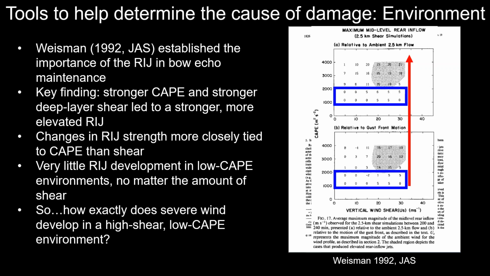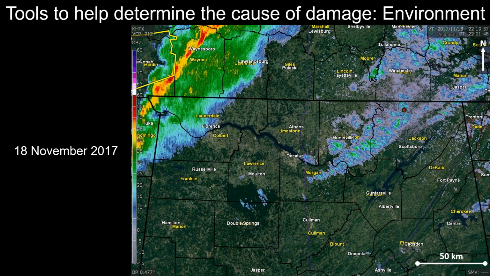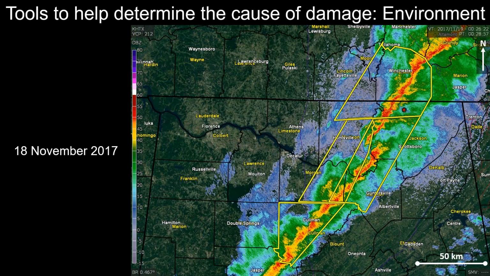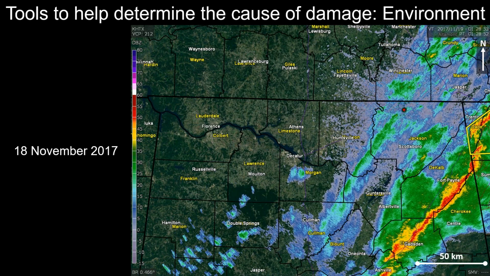So the question that I end up asking myself out of all this is, if the rear inflow jet plays a critical role in producing wind damage associated with mesovortices even in QLCSs, how exactly does severe wind develop in, say, an HSLC, a high shear, low CAPE environment? And so I'm going to show one example case to further illustrate this question and potentially some of my initial thoughts to it. This is a QLCS event, a pretty classical parallel stratiform event you see across North Alabama from